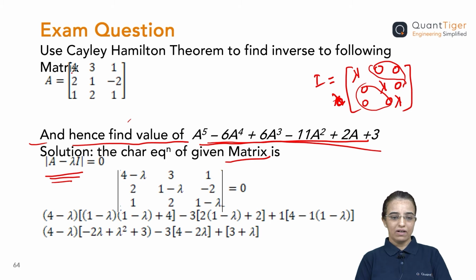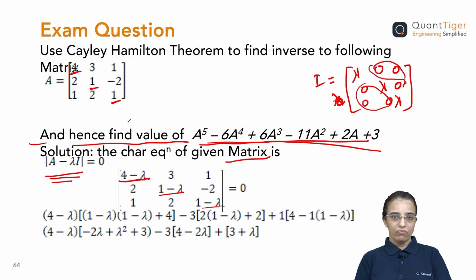सो सिर्फ डायगोनल एलिमेंट जहाँ पे 4 है, 1 है, यहाँ पे 1 है, from that we will be subtracting lambda. So 4 minus lambda, 1 minus lambda, 1 minus lambda, and then it will be equating to 0. बाकी की सारी वैल्यू जो है डिटर्मिनेंट सेम रहेगी। हमें इसका डिटर्मिनेंट लेना है जैसे हम रेगुलर डिटर्मिनेंट सॉल्व करते, एग्जैक्टली सेम वे हमें इसको सॉल्व करना है।